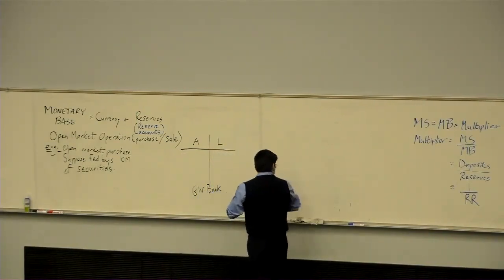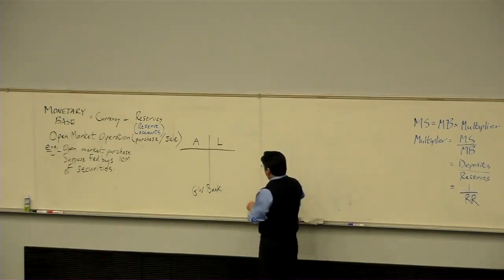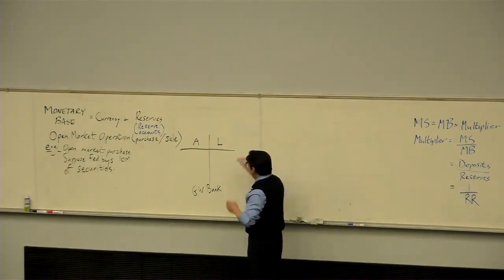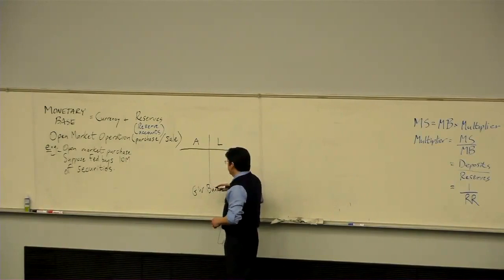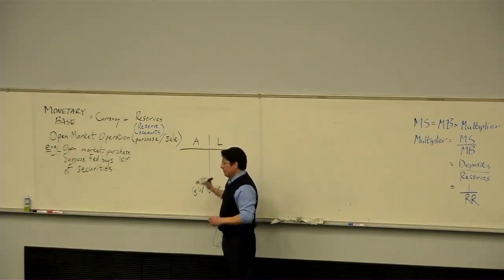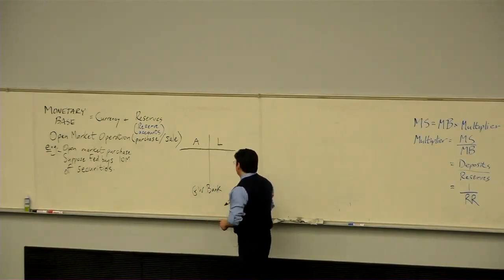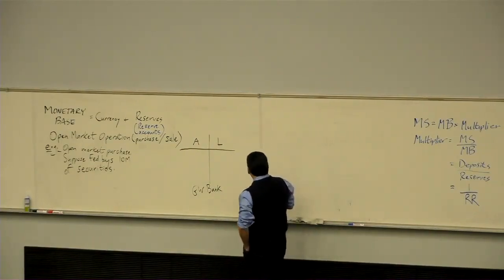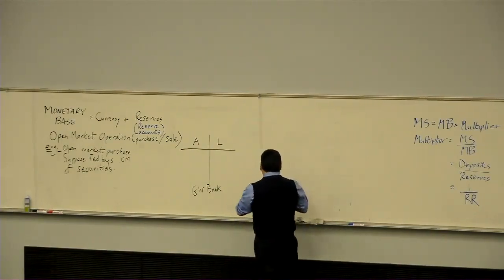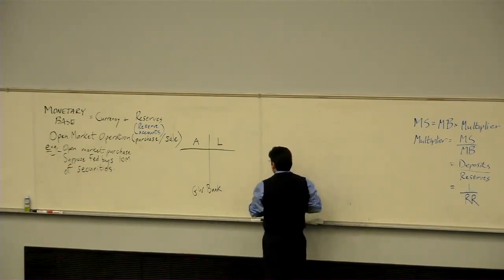So suppose that someone comes to this GW Bank, and rather than filling out the entire balance sheet, we're just going to track changes in the balance sheets to make sure that everything remains balanced, whatever we do. That's called a T account because of this shape. So just to make life easier, we'll just track changes. So suppose a GW student comes over here